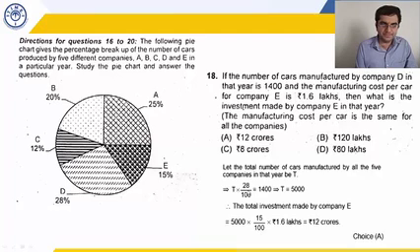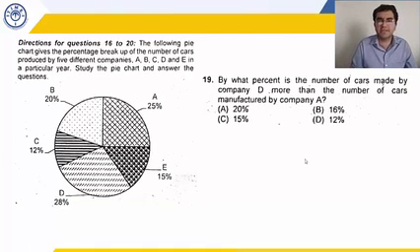From D we go to E. 28% of the total cars are produced by D, which are 1400. So total cars turns out to be 5000. So cars produced by E is 15% of 5000, and this cost per car, so you get the total cost. Okay, next, take 30 seconds. Easy question.